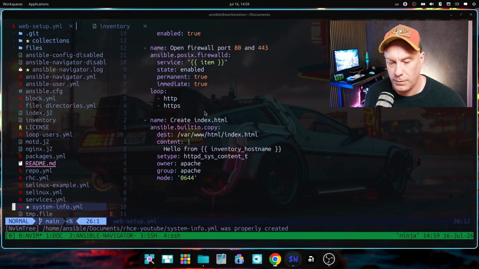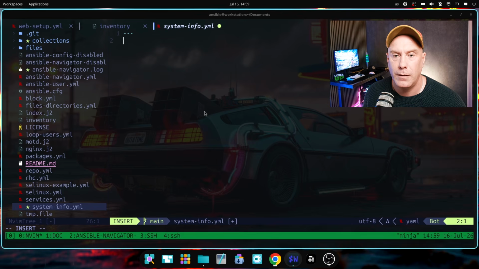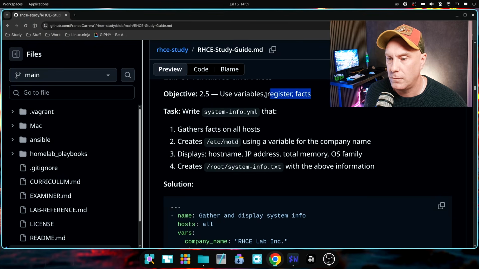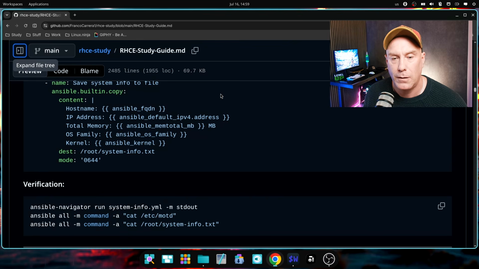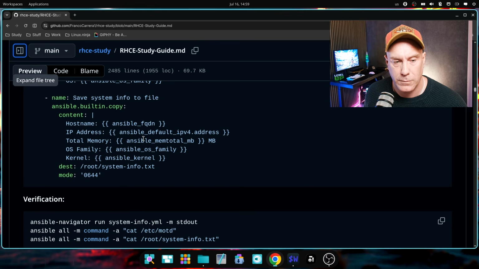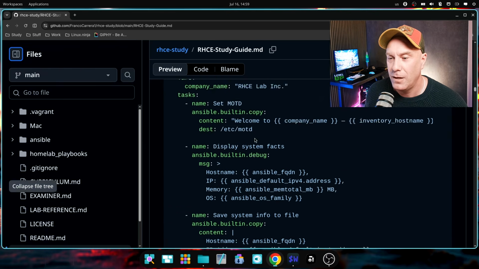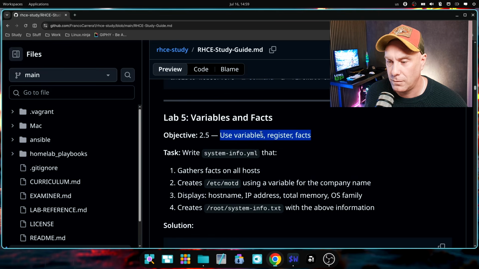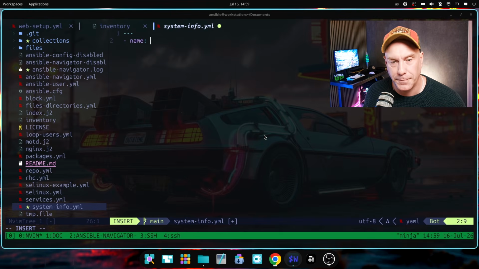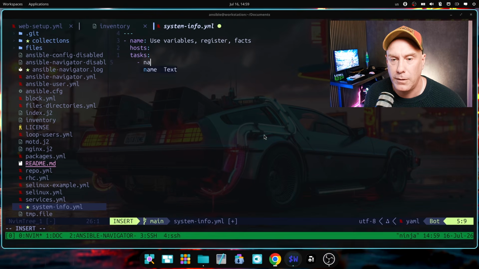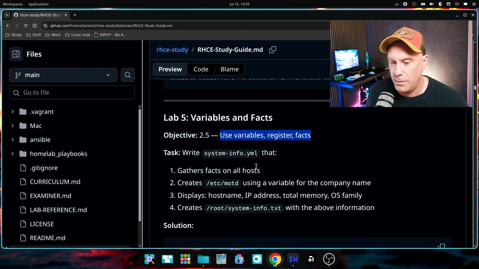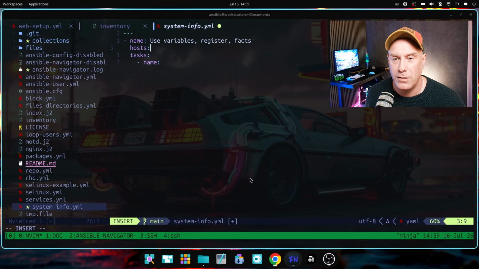Let's create this file right here. Open it up. And name. What was the name? Here we have that. What did I do? Close that. Where are we? Just going to use that. Hosts. I don't know yet. Tasks. Name. Okay, where are we doing? Right, system and that. Gathers facts on all hosts. Okay, gather facts is run by default, but since he is saying that, let's do gather facts true